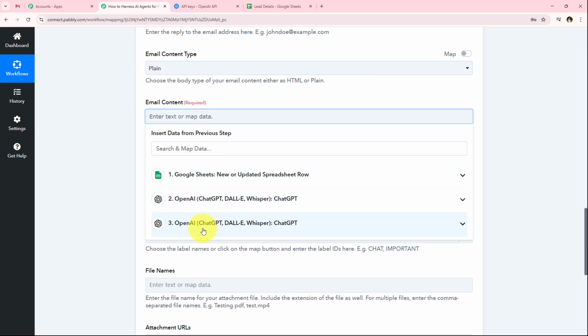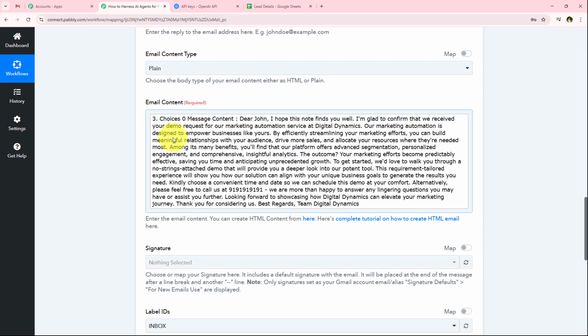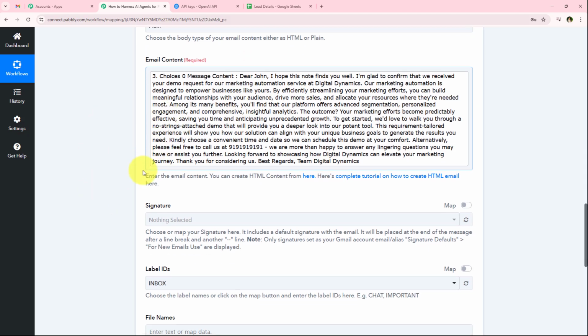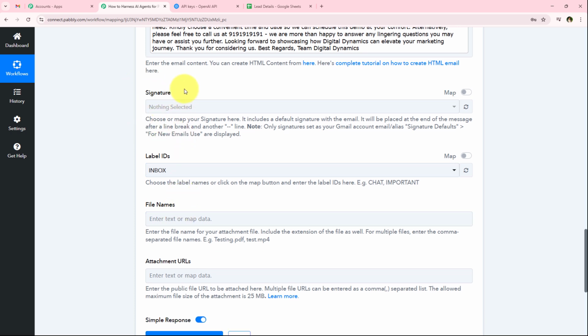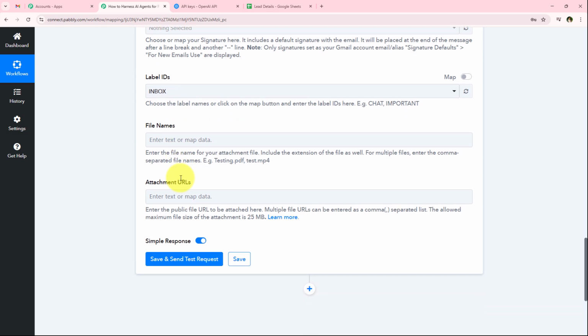For the email content, we're going to map the response of our OpenAI. So as you can see, I've successfully mapped the email body which we received from our AI agent. We are going to move forward. It is asking me for signature and many other details. So we're only going to select or fill in the details which are required and click on this save and